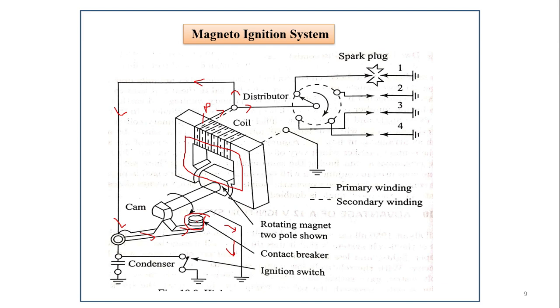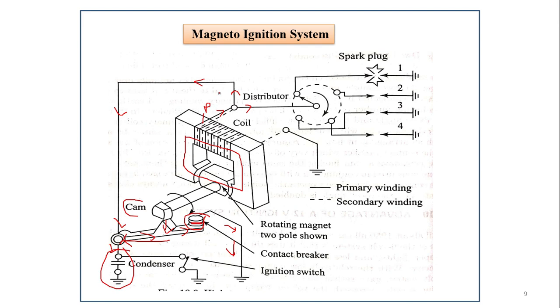But now when these contact breaker points are opened, this is done with the help of this cam. When this cam rotates, this shaft will be pressed, and here the contact is broken. So in this case, even though current will pass here, it will not be passed to this end and the circuit will not complete. So this current will pass to the condenser, and this condenser will be charged, and when this condenser is fully charged, then the current direction will be reversed.